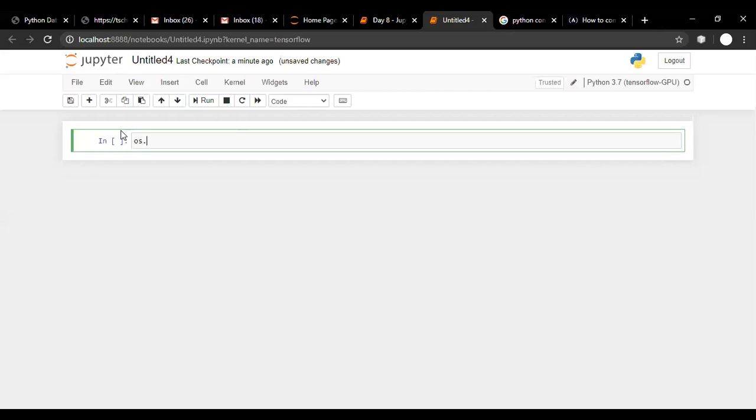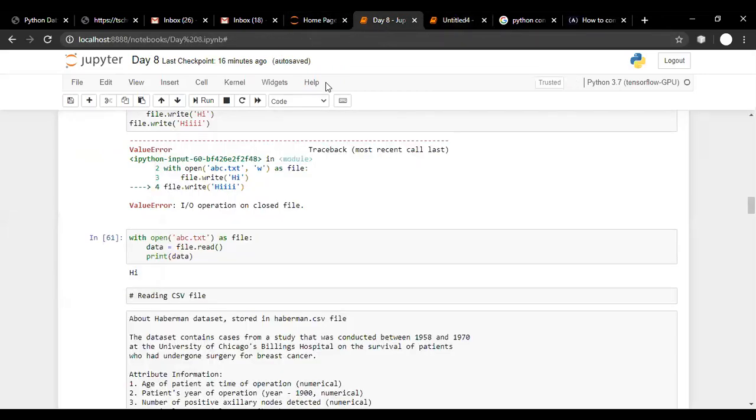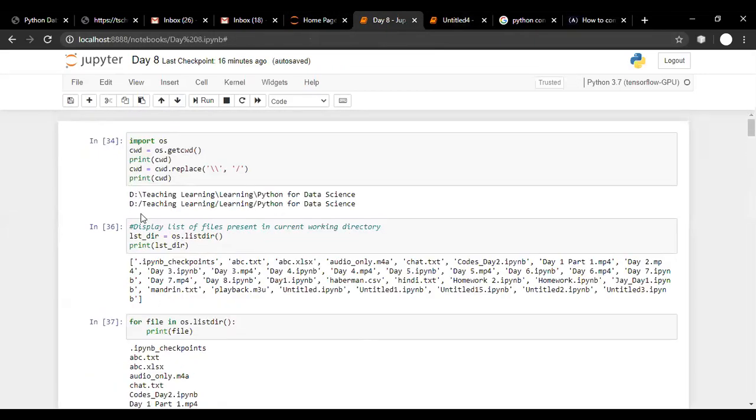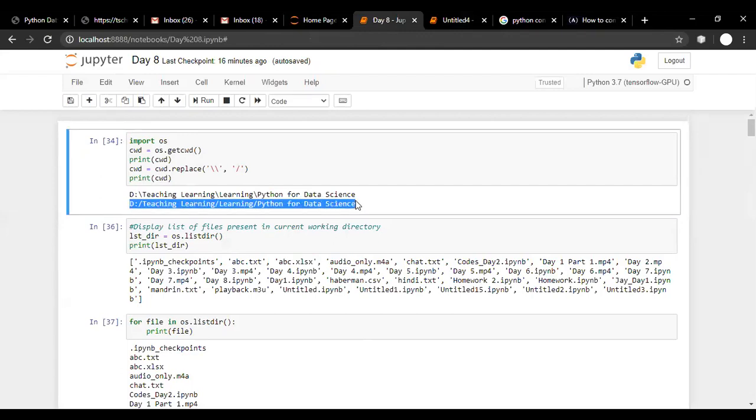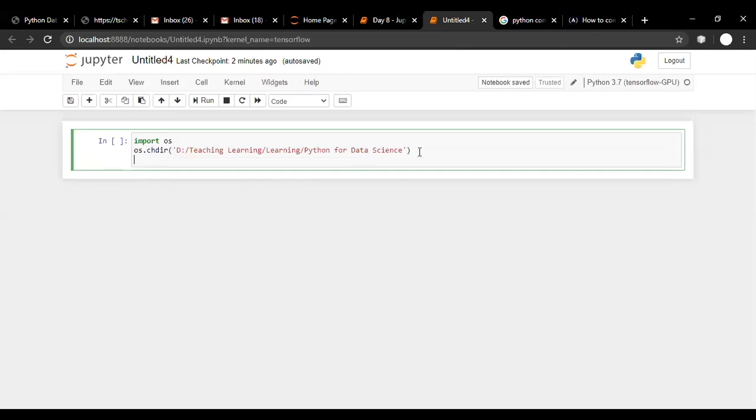We'll start with OS. First, we will import the module os, and then I'm changing the directory to my current directory. Let me copy paste the current directory name. Let us list the contents of the directory also, just to check I'm working in the proper directory.